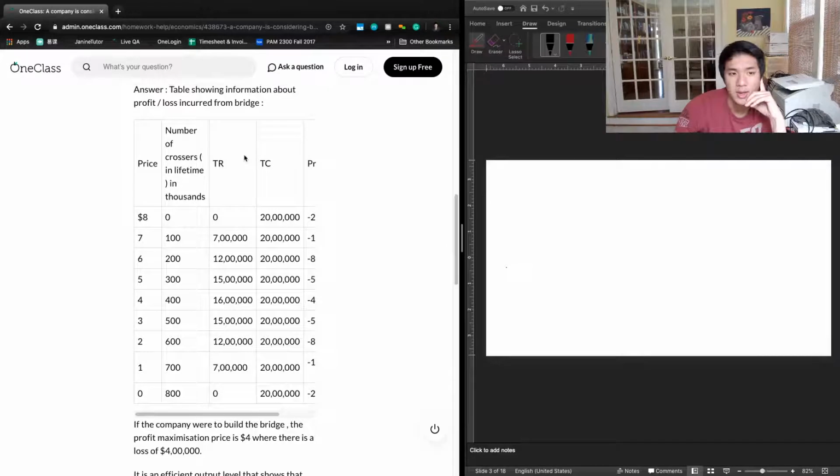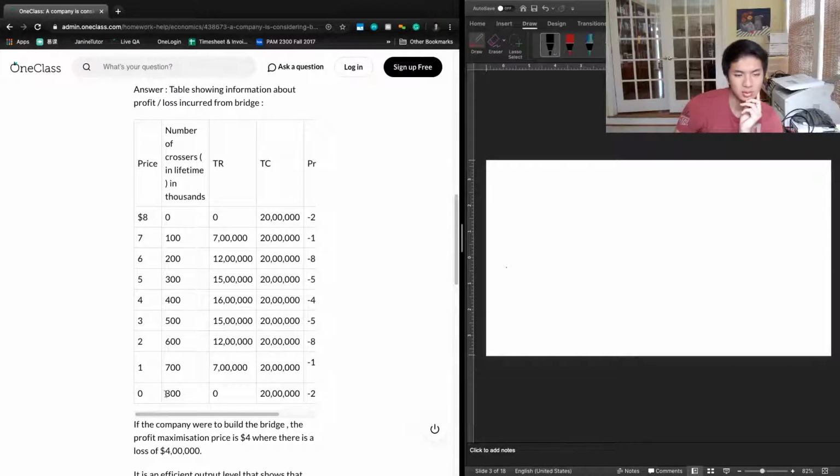Great, good columns. Total revenue is just going to be price multiplied by the number of crossers, and so we'll see if they did that calculation correctly. So 700,000. Okay, I see. The commas are a little off-putting, right? Because they're every 2 instead of every 3. 700,000, 1,200,000, or 1.2 million, 1.5 million, 1.6 million, 1.5 million, 1.2 million,